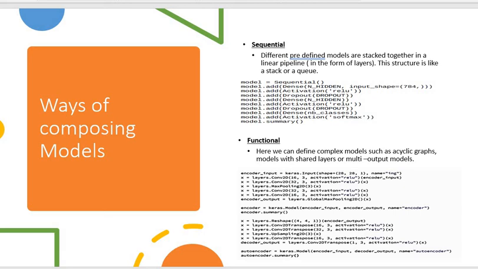Sequential model is the simplest type of model, a linear stack of layers. The Sequential API allows you to create models layer by layer for most problems. It is limited in that it does not allow you to create models that share layers or have multiple inputs or outputs. So if you can see this first set of code where I'm just defining a Sequential